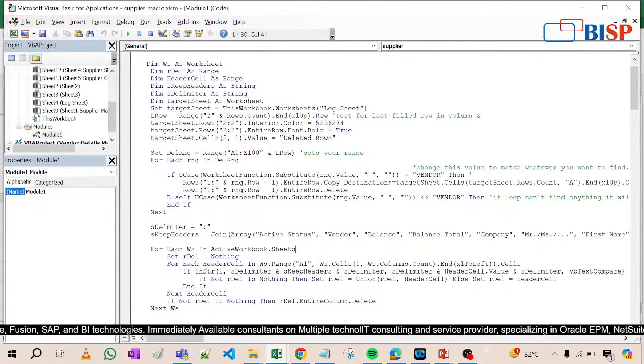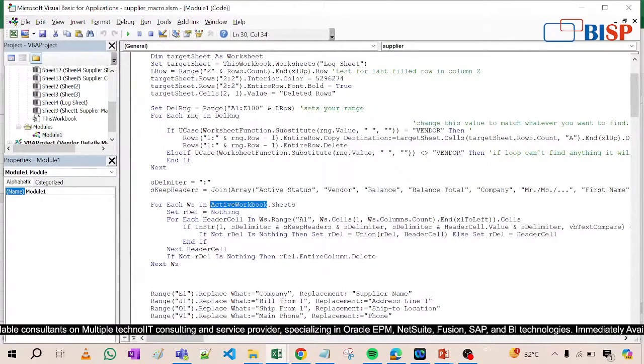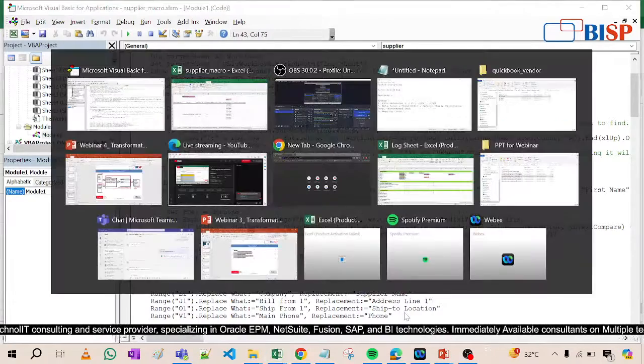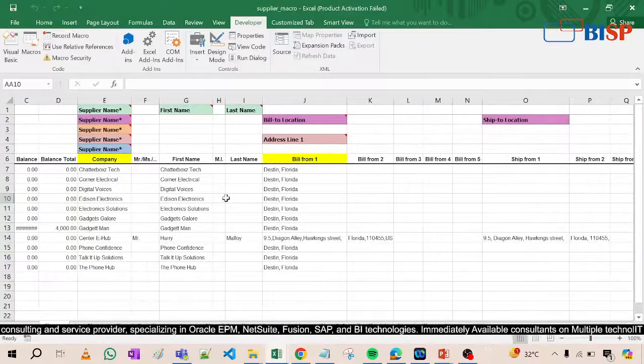Then for each WS in active workbook sheet, right? Then what we will do here, this is a default code written in a macro, and then let's see the next part, that is the supplier name. Now see, range E1, J1, O1 and V1. Here these are, for example, the supplier name. Where is that supplier name? E1, okay. J1, here is J1,